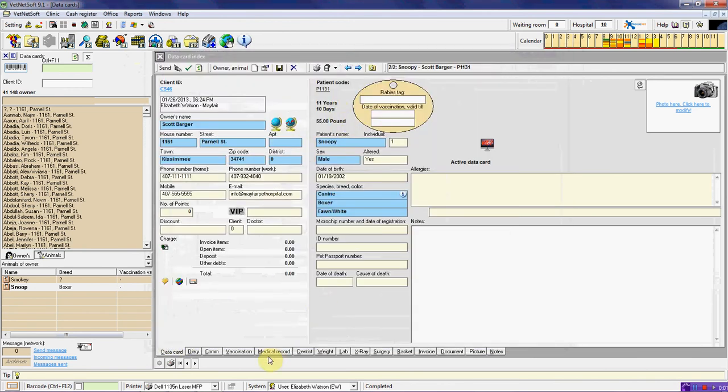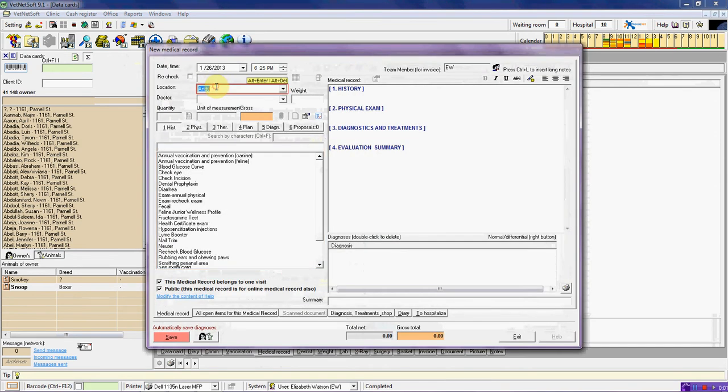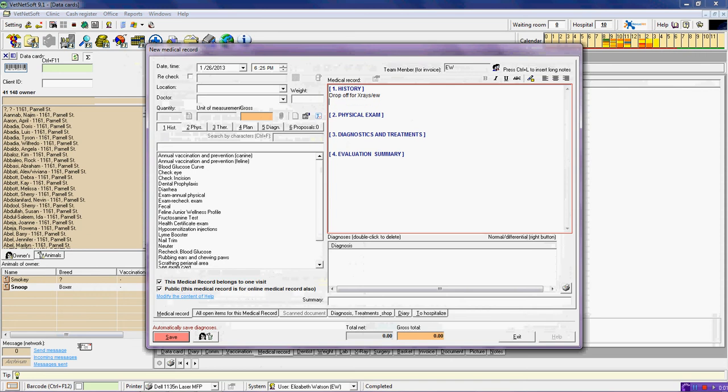Then you're going to move through to the medical record. These are the past medical records that Snoopy has already had with the clinic. Add a new one for today. And then we list the treatment as drop off for x-rays. I always put my initials after everything so that they know that I'm the one that checked in this client